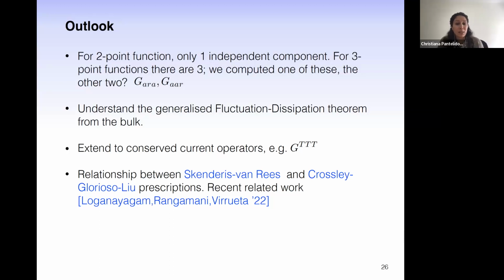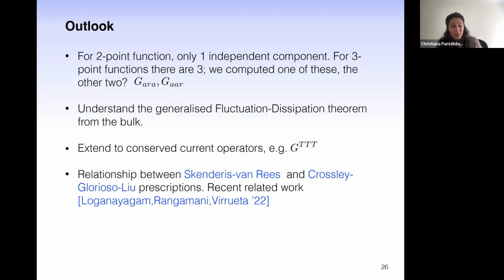We also want to understand better the generalized fluctuation dissipation theorem, possibly from the bulk perspective, as I showed a couple of slides ago. We also want to extend our results for 3-point functions of the stress tensor. So we want to compute GTTT, or in general, any conserved current. And last but not least, it will be great, and some of you might know more than me about this,